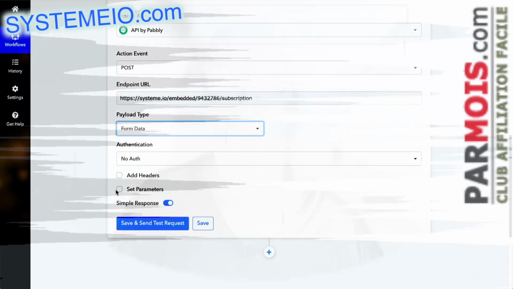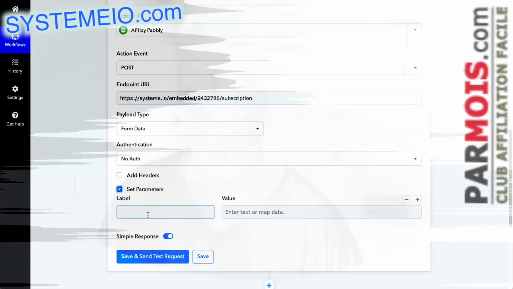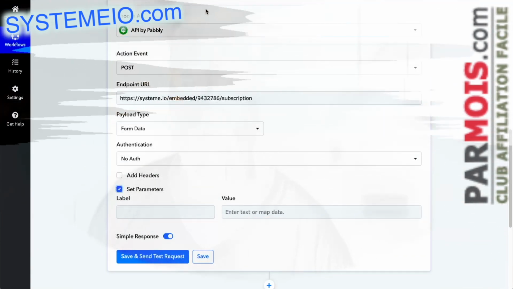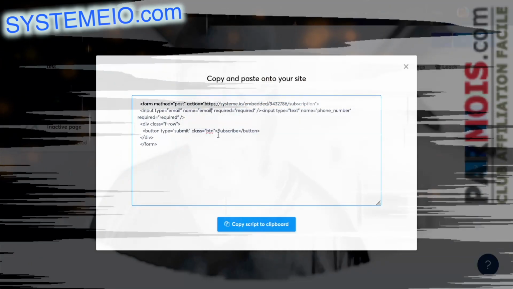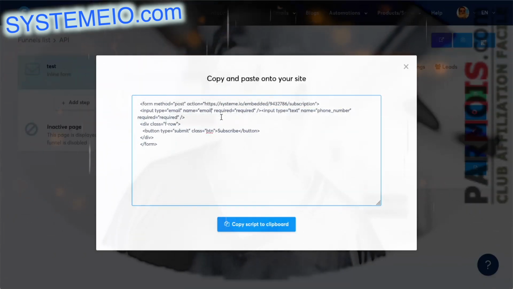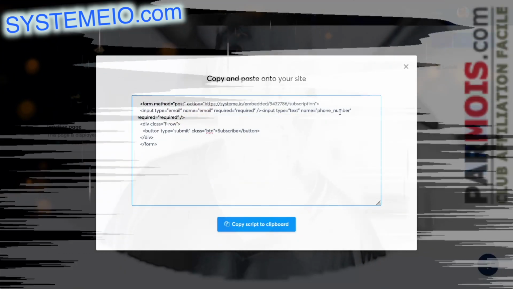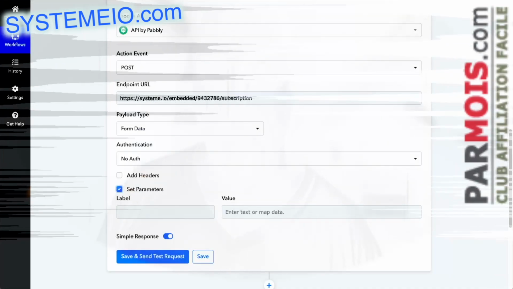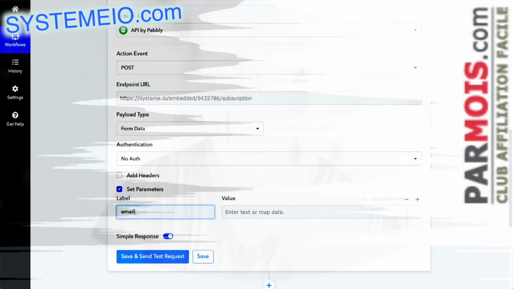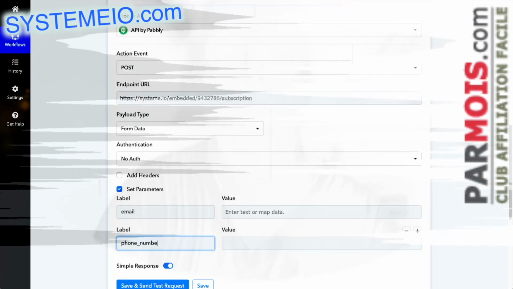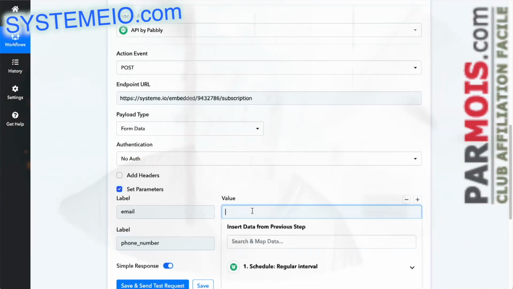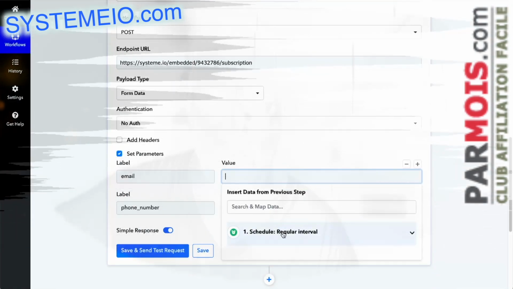Form data, and you add set parameters. So the first, the label and the value, you replicate here. Here, the name is email. So you need to have exactly like this, an email in lowercase and phone underscore number in lowercase. So in Pabbly Connect, here I put email and I add another one and it's called phone underscore number. Okay, and the value here, I map what I received in the